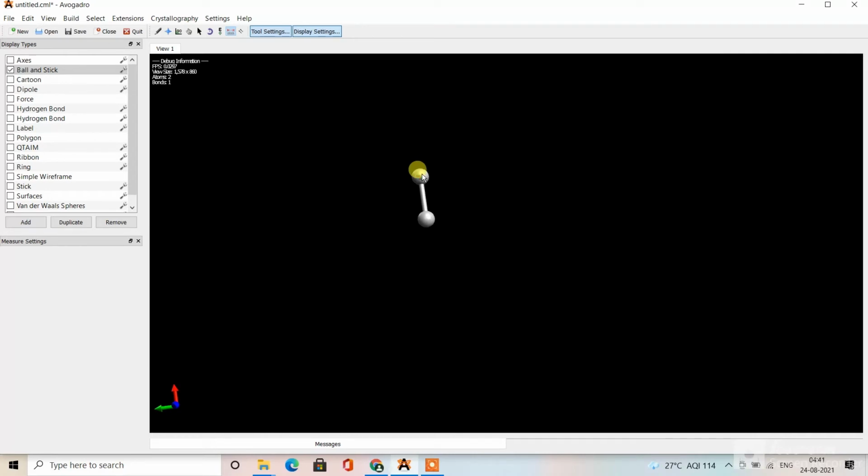First clicking on this hydrogen atom will label it as 1, and then clicking on the second will label that the second. When one clicks on two different atoms, Avogadro automatically measures the distance between the two atoms. When we add a third atom and click on that, it will measure the distance as well as the angle. Now you can see the distance between these two hydrogen atoms is 1.6 angstrom,